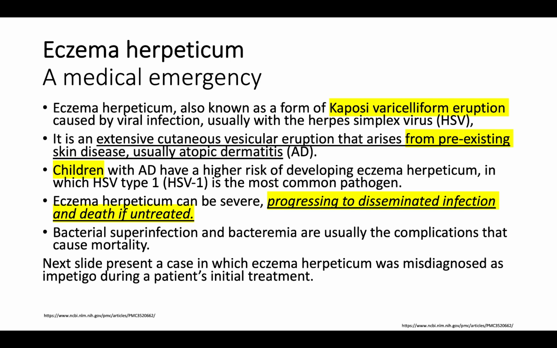What does disseminated infection mean? It will disseminate into the system, and then you can get encephalitis and all the things the virus can do in the system might happen. On top of that, they might have a bacterial superinfection and then bacteremia, which is also another cause of mortality. So it is a very important thing to capture. Make sure that you never miss it. It's very rare, but still you have to keep it as a possible